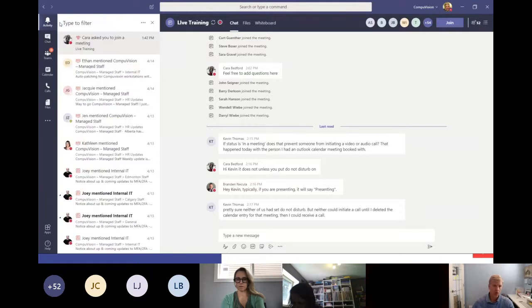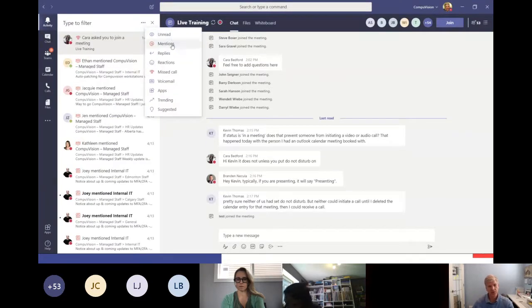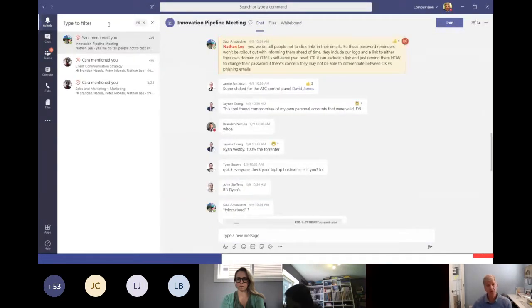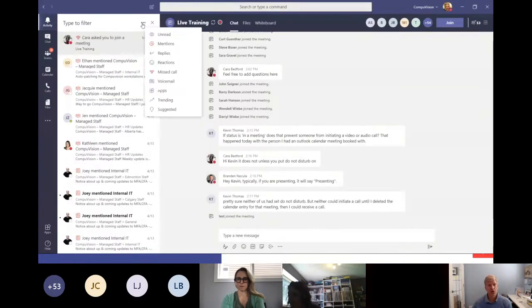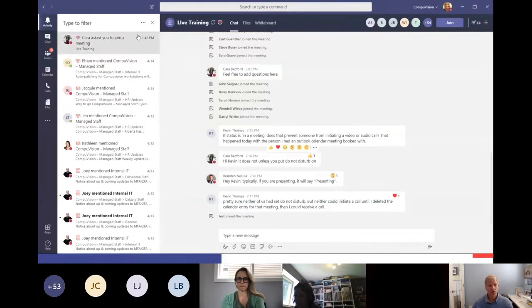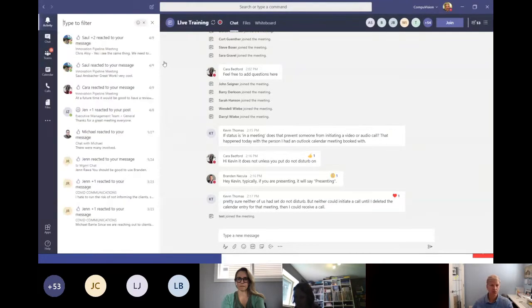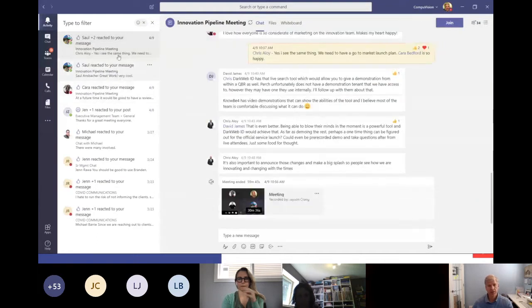The other thing that you can do as well is there's several categories that you can filter by, in terms of mentions, like I just mentioned. When you go in there, it will show you any previous mentions that someone was sending out to you specifically. You can also see any unread messages, replies, and reactions. Reactions are like someone makes a comment and you make a reaction like, oh yeah, I like that comment. That was great. And I can make a bunch of comments. When you go up here to filter, you can see who reacted to some of my comments